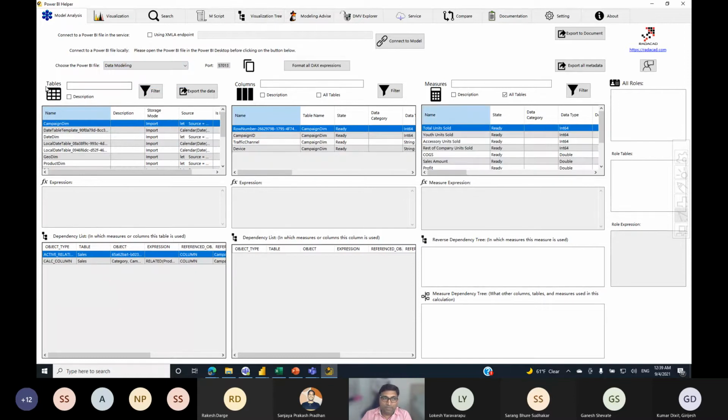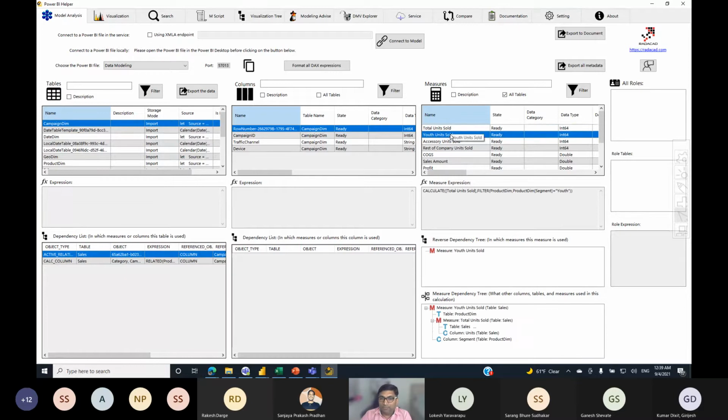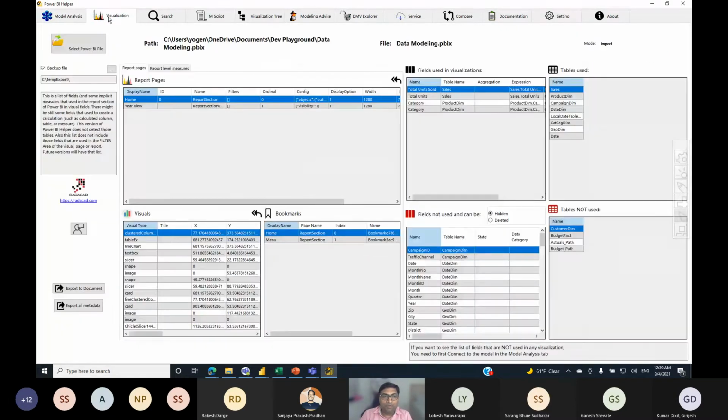So it's connected and it can tell you tables, columns, measures, everything you can see here. Then it also does a postmortem of your Power BI visuals as well. So here you can see related information.